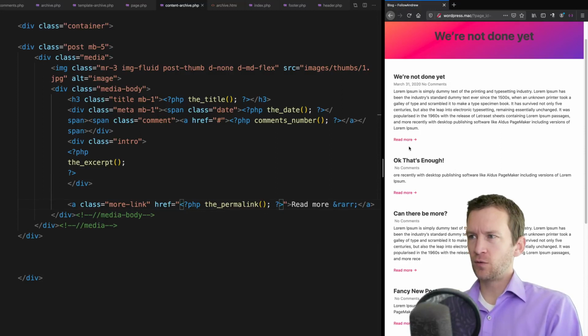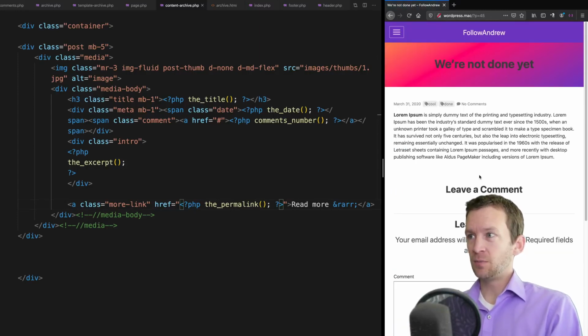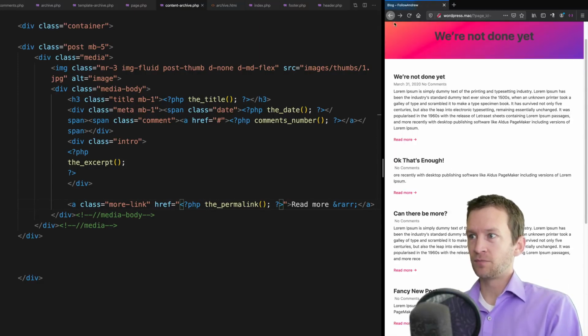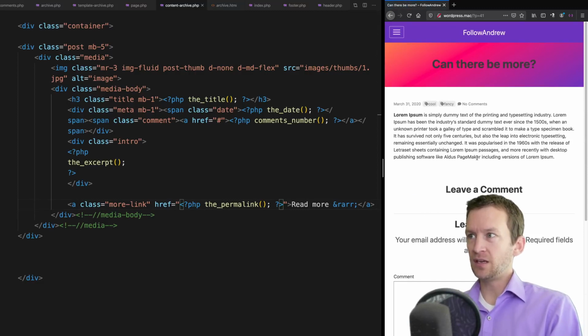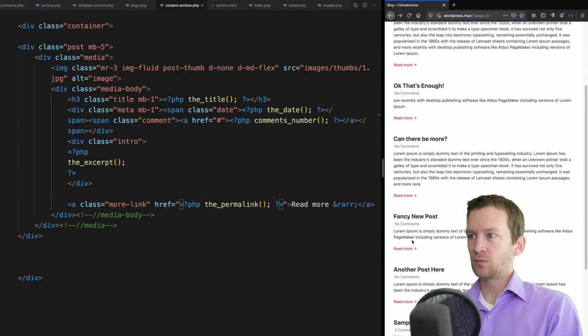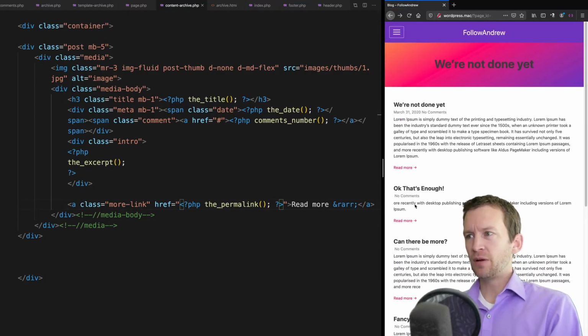Now watch over here as I hover over the read more link. Down here at the bottom, you'll be able to see this one's going to post 45. This one's going to post 43. This is going to post 41. So now if I click on these, this will take me into that individual post. And this one will take me into that individual post. And this one will take me into that individual post. Okay, perfect. So now we have the permalinks, we have the excerpts, and the only thing we're missing now is